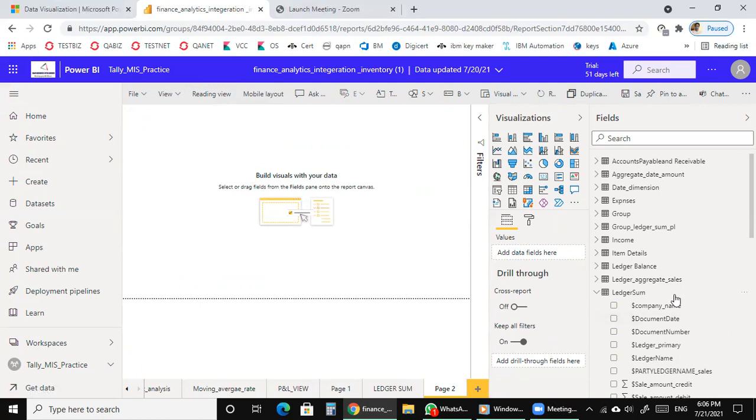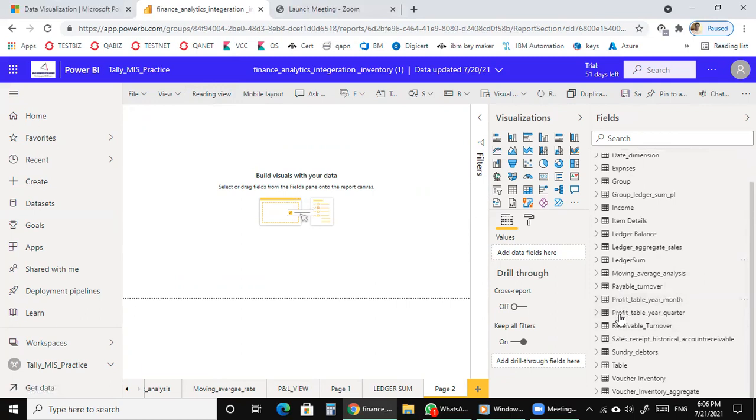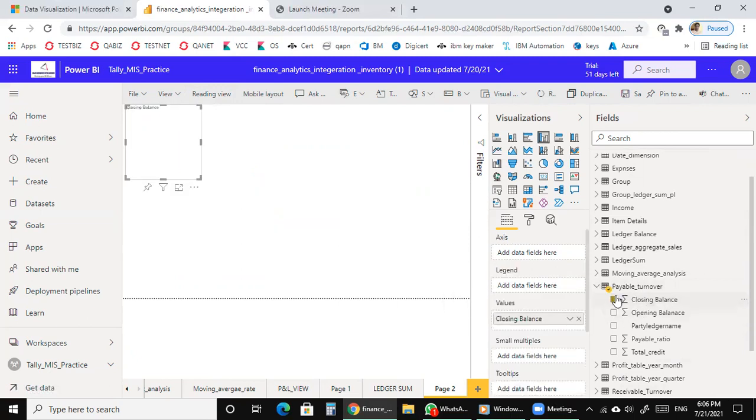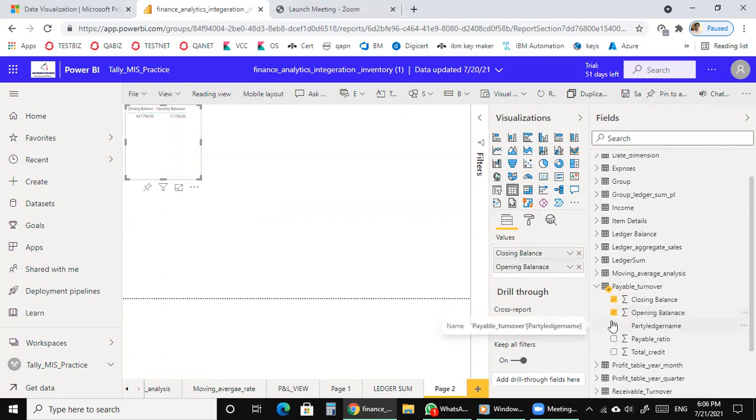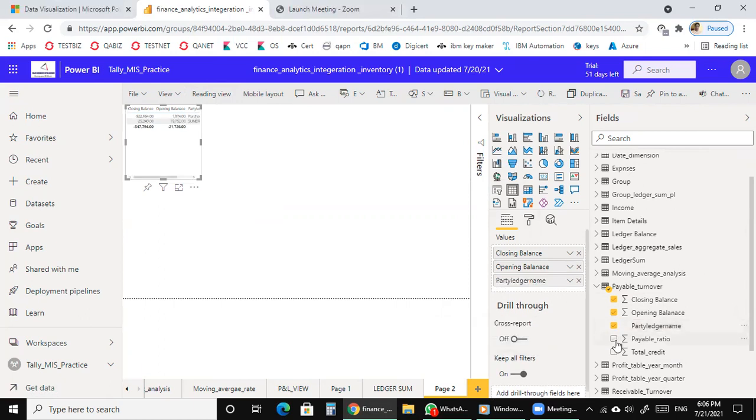And the next I am going to show you receivable turnover and payable turnover. Payable turnover, I have to click here, and closing balance. First I have to change it to table column, opening balance, closing balance, party, ledger name, payable ratio.